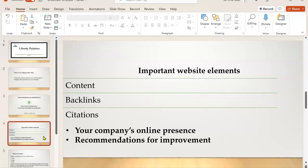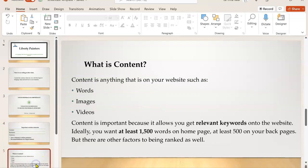So in your video, I'm going to go over content, backlinks, and citations briefly. I'll take a look at your company's online presence and make recommendations for improvement. Content basically is anything on your website: words, images, videos, any other media. You want to have at least 1,500 to 2,000 words on your homepage and at least 500 on your back pages. The reason that's important is because Google crawls your website and they spend more time on websites that have